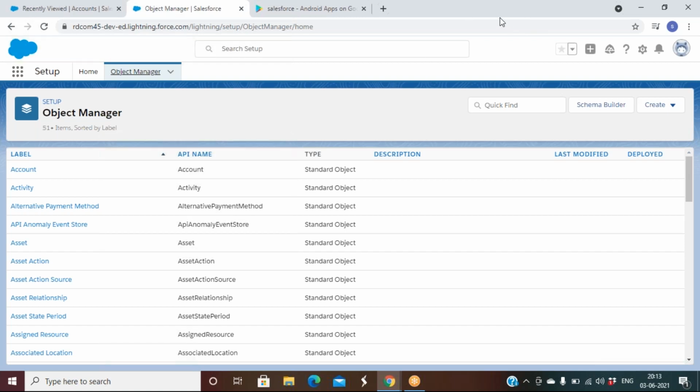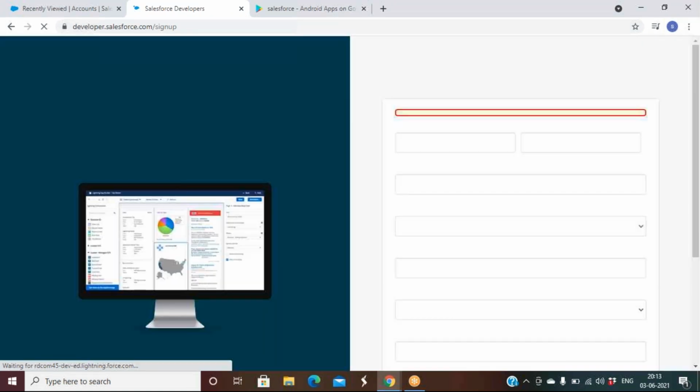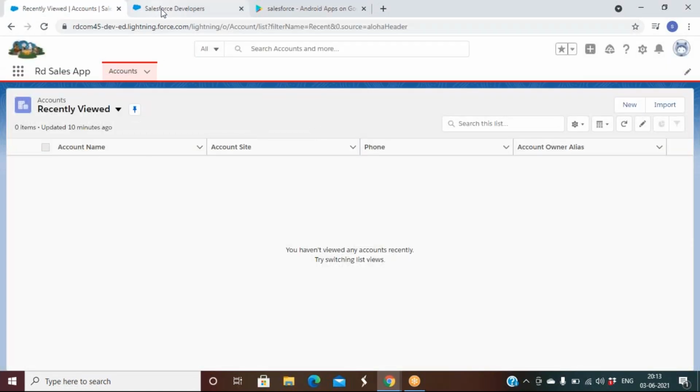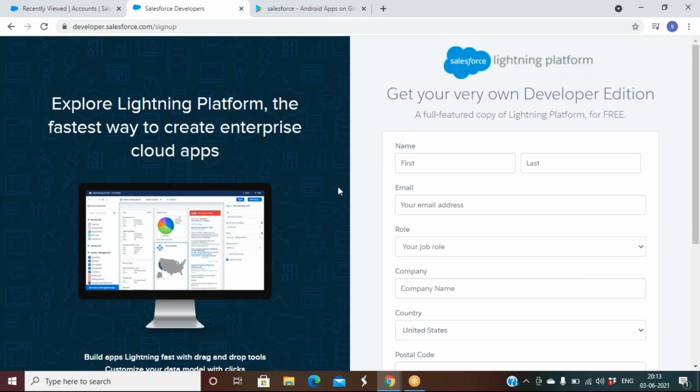Others, any questions? So for practice purposes, I can create any object or anything, the label or anything. Am I right? Anything you can create. You have to register. Have you registered your account? Have you got your account from Developer Edition? No. Just create an account. First, you have to have this account, then you can create your own app, your own object. Whatever I did, just try to repeat the same thing.